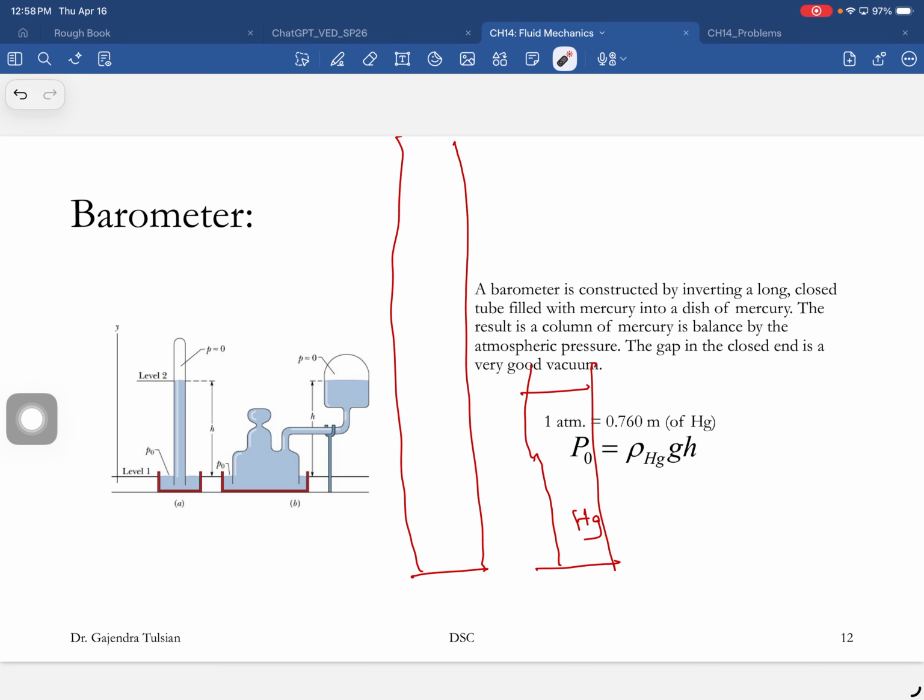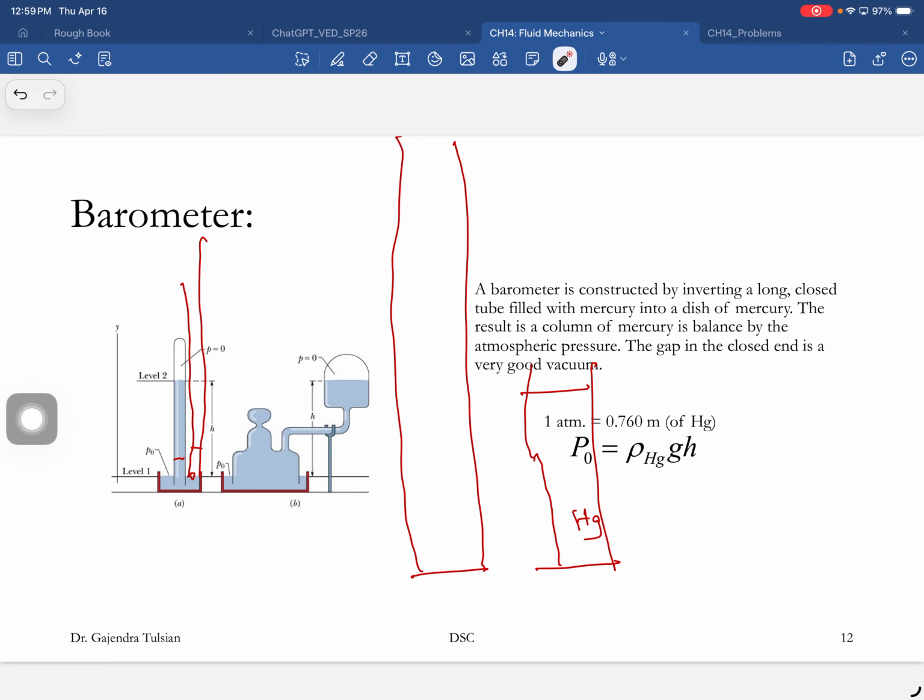This column of mercury is balancing the column of air all the way to space with the same cross-sectional area. And if the atmospheric pressure is normal, this column of mercury will be